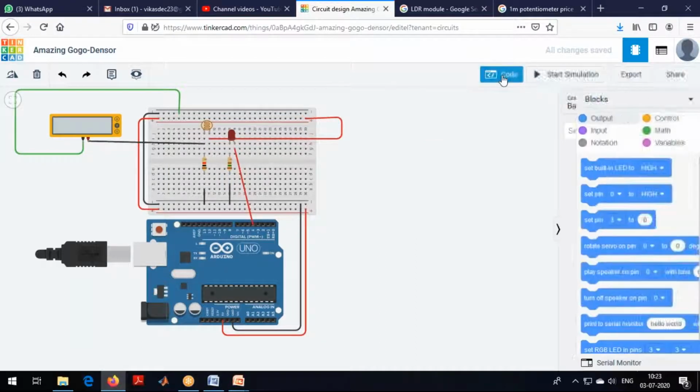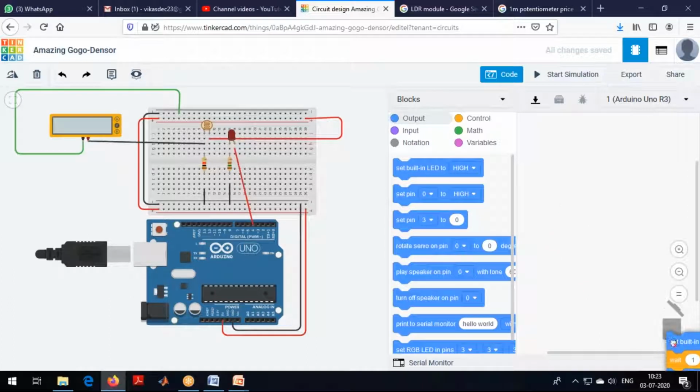Okay, now I'll go to code. This one I'll remove. First I need to check what voltage we are getting at this point, right? So for that, I'll take this and connect it to A0, that particular voltage.